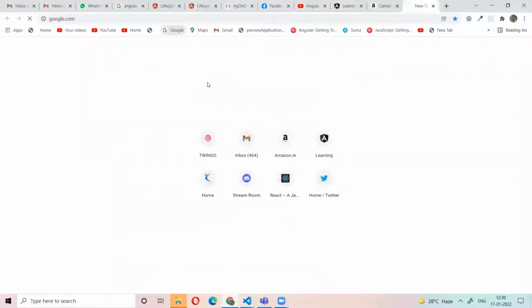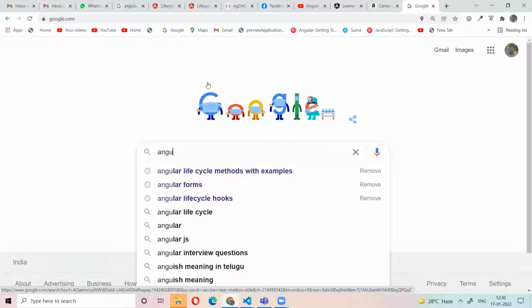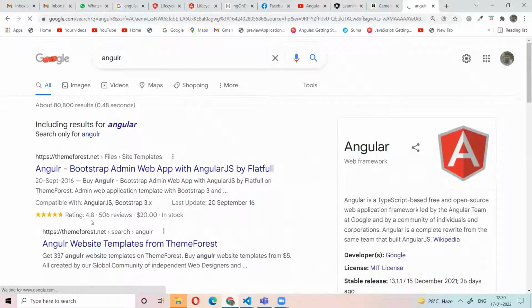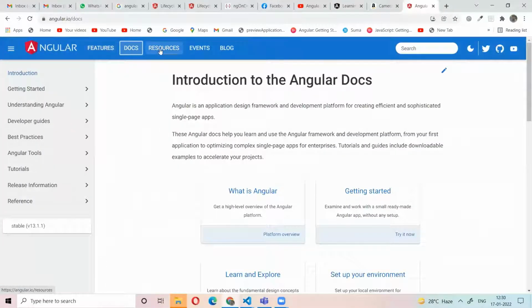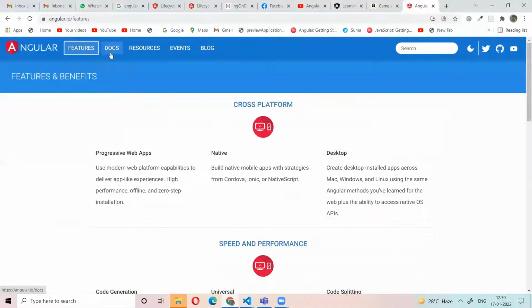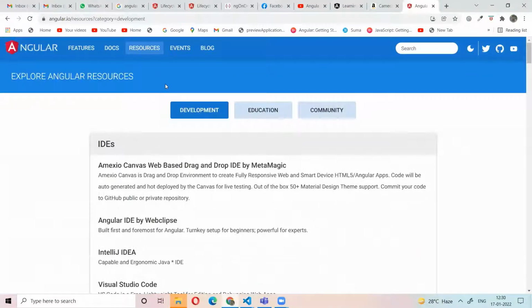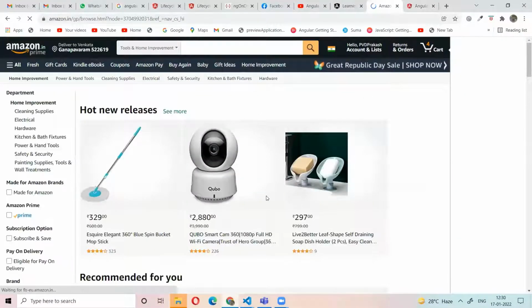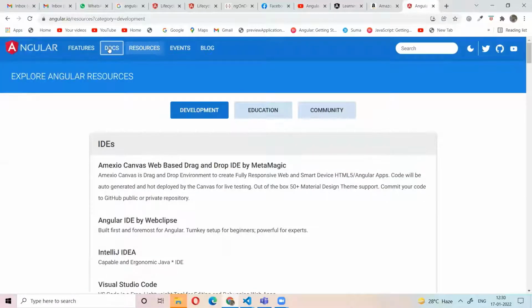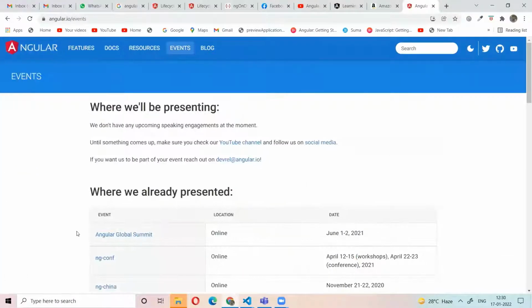For example, let's take the Angular website. We have docs. If you click this one, is the page loading? Only the URL is changing. The page loading means like this: if you click this here, it is loading. This is not loading. It's a single page application. Only the view part is loaded.